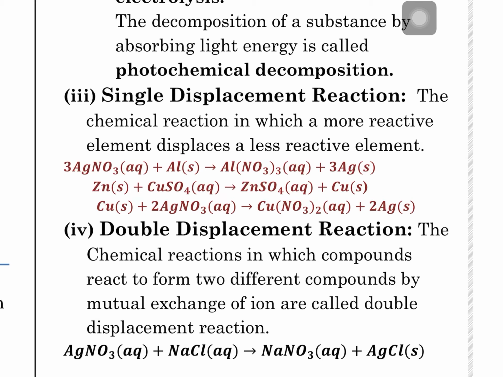Zinc plus CuSO4. So zinc is combining with copper sulfate. Is that clear? Copper sulfate. Okay, zinc is combining with copper sulfate. So what we can say here is that zinc is more reactive than copper and is displacing the copper from its sulfate. Zinc is not combining with copper, but combining with sulfate to remove the copper. So this is called a displacement reaction. As only one element displaces the other, it is called single displacement.